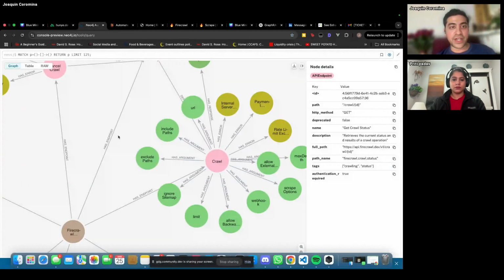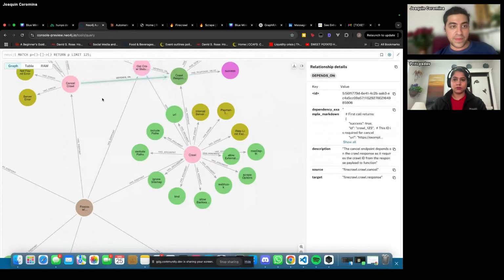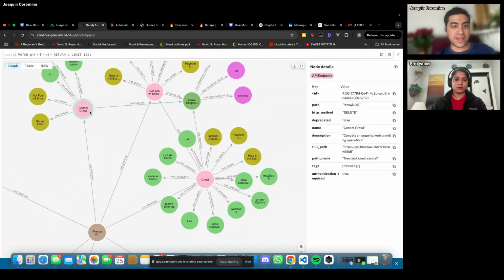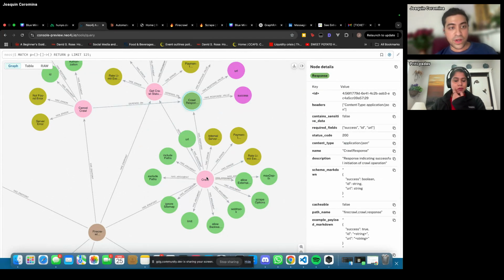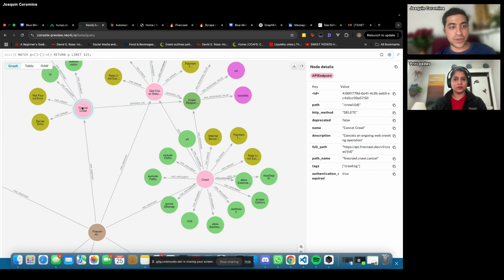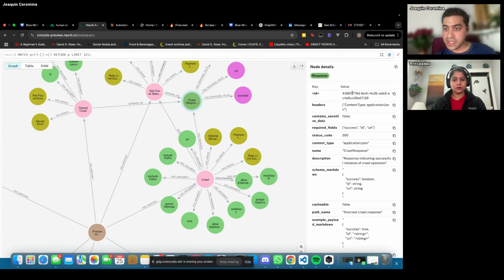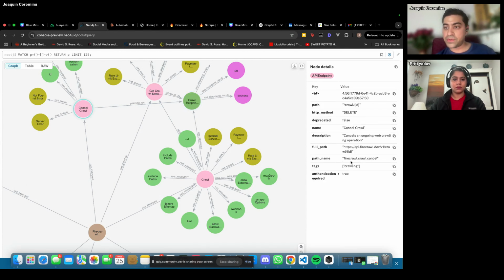So an example of a long-range dependency is this. In order to use the cancel crawl endpoint, it depends on the response value from the crawl endpoint, because you can't cancel the crawl unless you get the ID that's returned from the crawl response, specifically this ID. So the crawl response returns an ID value, and you need to use that ID in the cancel crawl in order to be able to cancel the crawl, which is why it's crawl, and then there you have dynamically the ID of the cancel crawl.